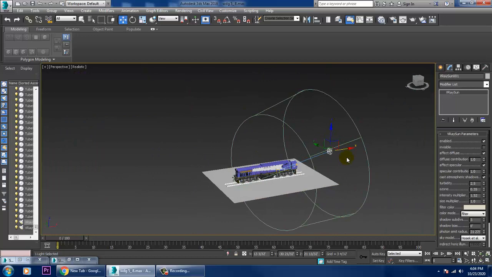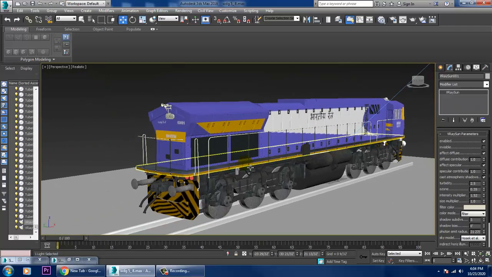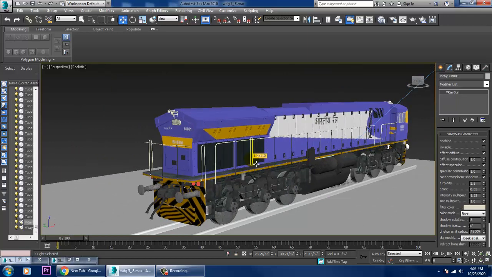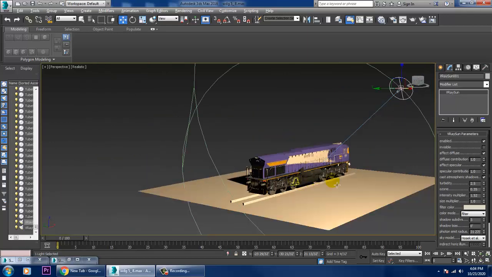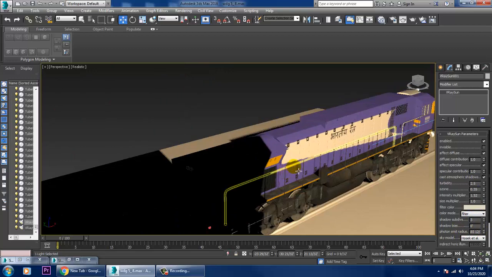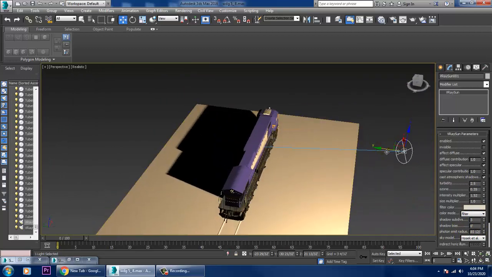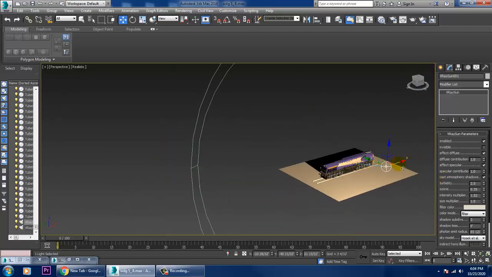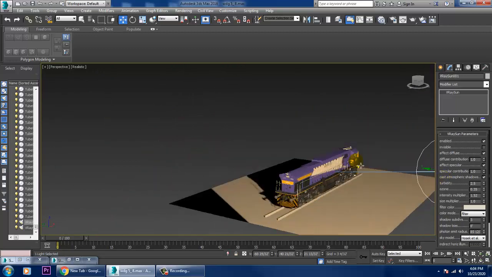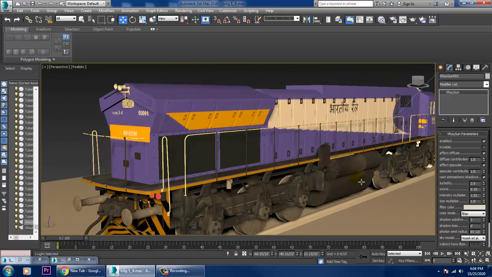So you can just push it from here also if you want. Okay, so this is just a reference over here for the light.